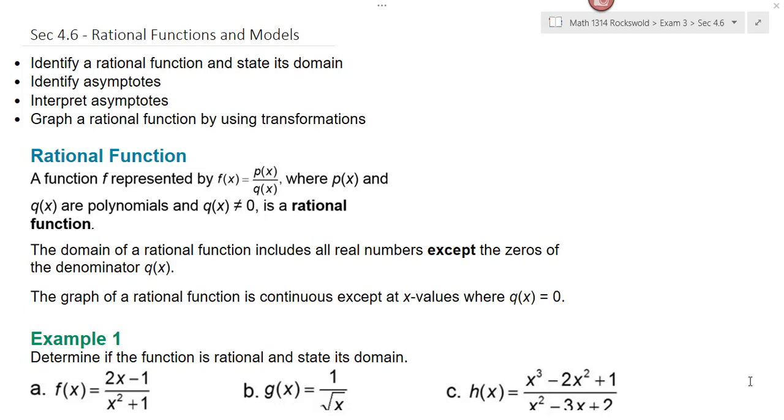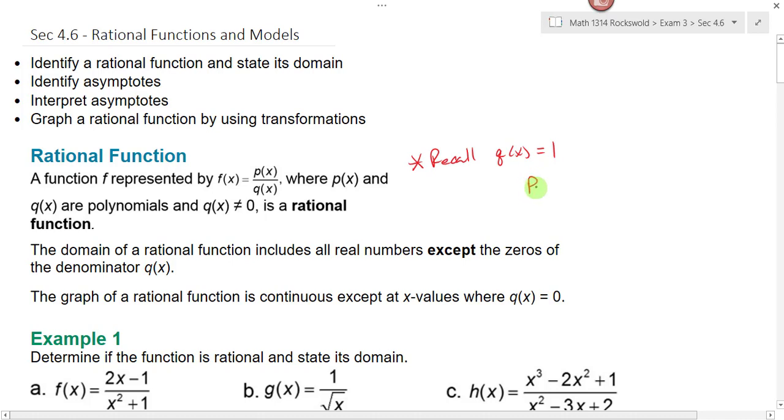Section 4.6 is rational functions and models. A rational function is a function that may look like a fraction, where p of x and q of x are polynomials and q of x cannot be equal to 0. Q of x can be equal to the constant function 1, which means that if you have p of x